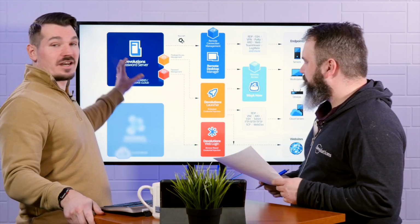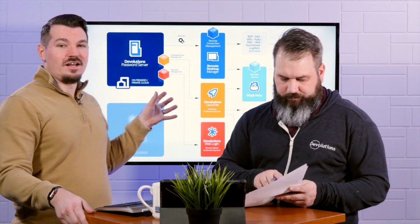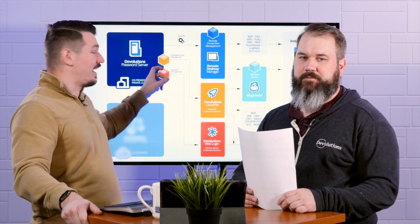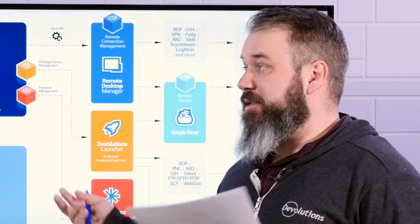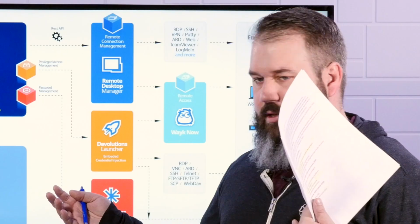Another one, a software we've been working on a lot, you'll notice here, which has a lot of preeminence here, is Devolutions Password Server. And that's really our on-premises secured vault. Now, a lot of you RDM users are using it as your data source to host your database on premises. The idea here is to put also privileged business users on the platform, so that someone from marketing, for example, us namely,